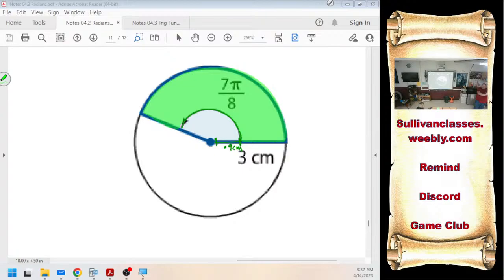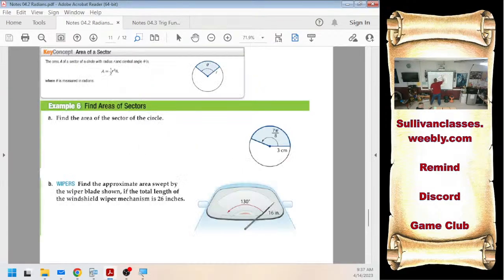And you'd have to keep doing that for each ring, in addition to multiplying by whatever portion you have for sectors. Do you remember that it's the whole thing minus the part you don't care about? Same thing that worked for circles also works for sectors. So I just wanted to remind you of that because